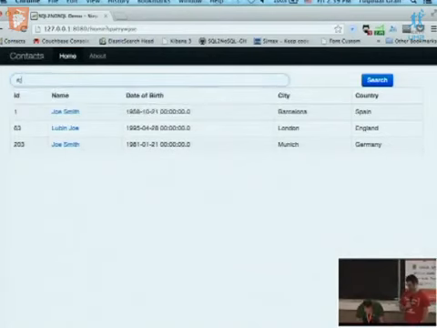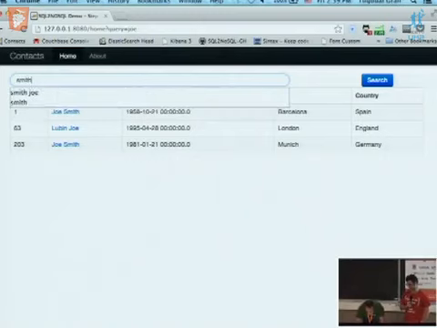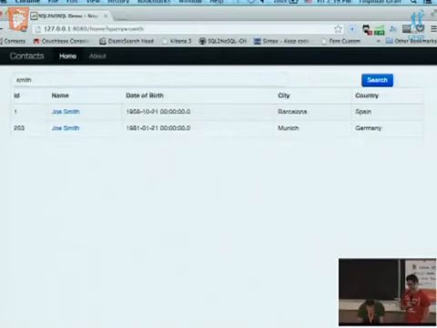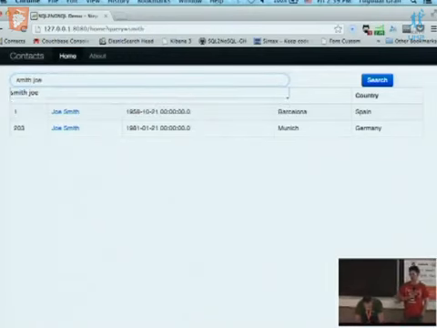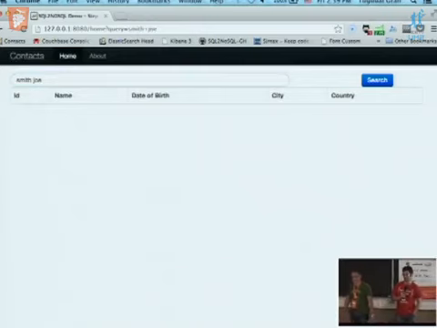Yes, Smith. It should work. Smith works. But if I search for Smith Joe, I get no result. So this is the first issue that we have with the regular searches that we are doing in the SQL world. So our first step will be to restify our application.